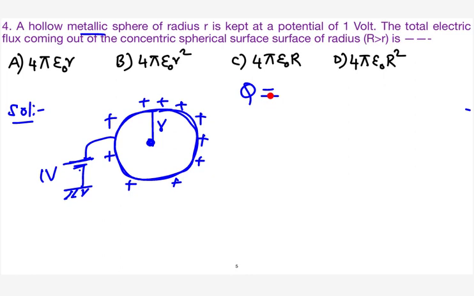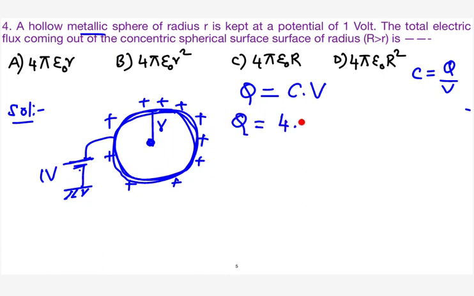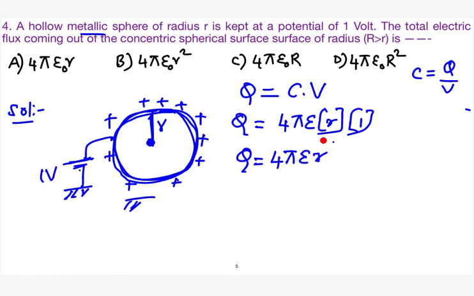That approach you can follow, or otherwise, we have just said for an isolated sphere, what will be the capacitance? You know that capacitance is the ratio of charge divided by voltage, right? To find the charge, you can find the capacitance into voltage. What is the capacitance of an isolated sphere? We just discussed that. That is 4 pi epsilon into r, because r is the radius of this sphere, into how much voltage you applied with respect to ground? You have applied 1 volt. The amount of charge induced on the surface will be 4 pi epsilon into r itself. So take it as equation 1.